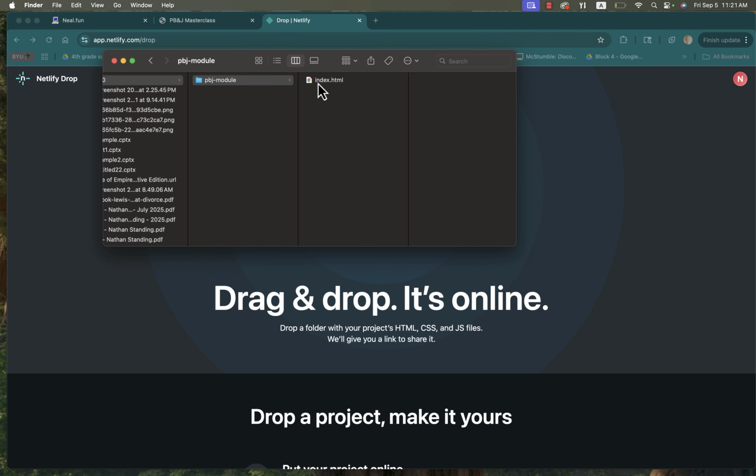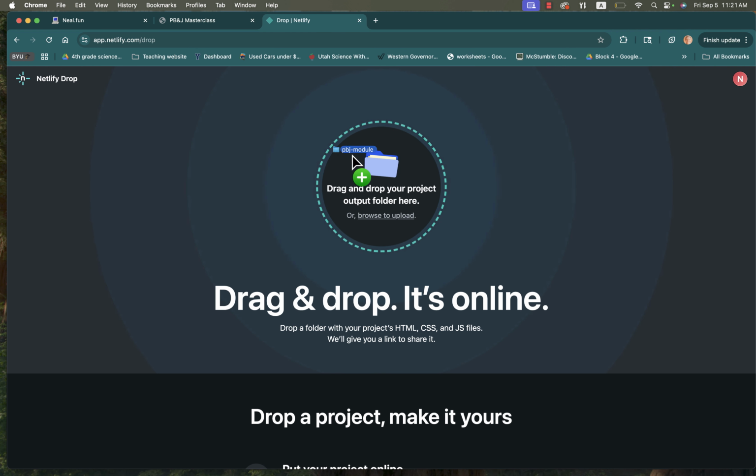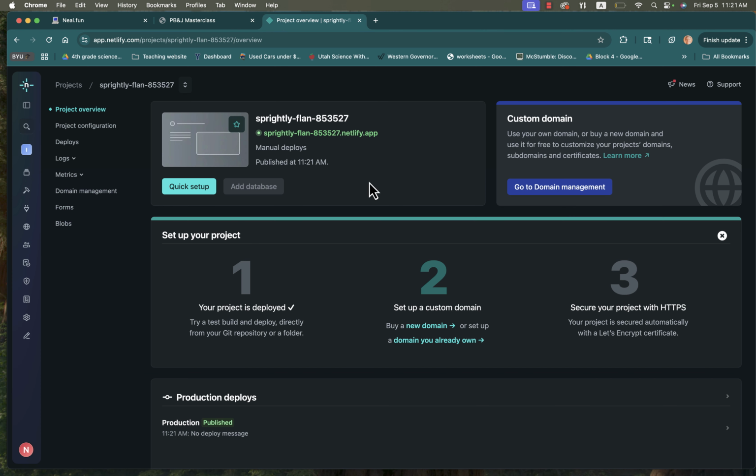You don't drag in the index.html file, you drag in the folder that contains the index.html file. So in this case it would be PB&J module. I grab this folder and drag it in, and then you wait and it'll upload,